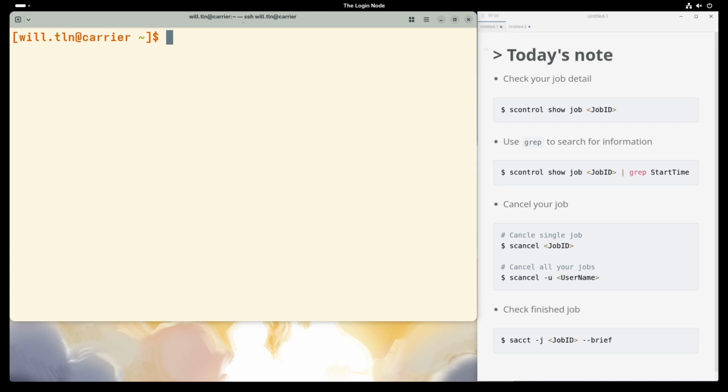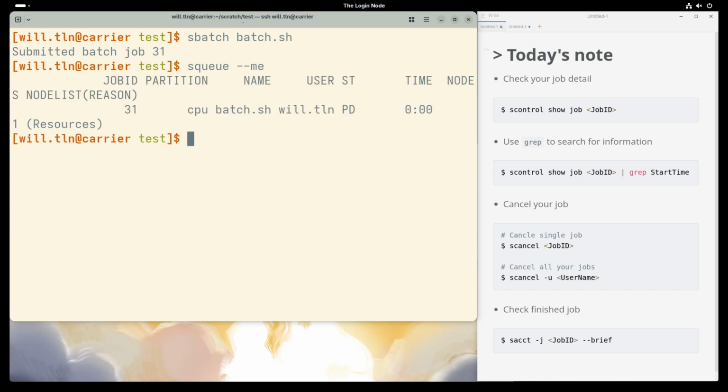Let's dive in. First, let's talk about monitoring. You submit a job, you type sq-me. It says PD or pending. Okay, but why? Or if it is running, when will it finish?